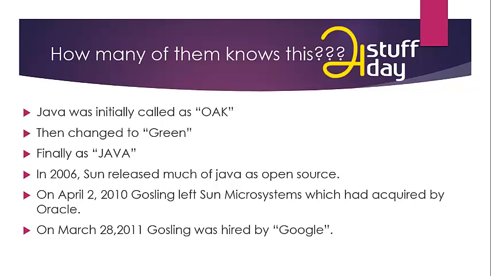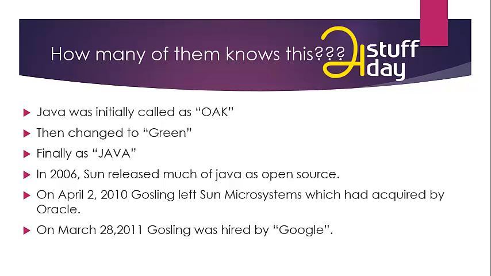Java was initially called as Oak. At first, Java was named as Oak because there was an oak tree behind Gosling's office. So Gosling named his coding language as Oak. Then he changed it to Green, and finally to Java. So Java has a history, and it was because the code creators consumed Java beans, that is coffee beans, more and more. So they gave the name Java.